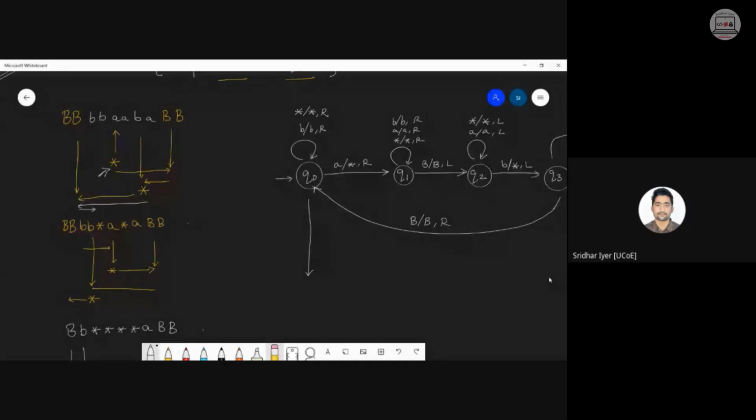Is it star star right or something else? Over here we are going to the right. But what exactly is happening? हम लोग blank तक गए, blank को blank रखा, we started moving to the right. So now we are moving to the right. But till which symbol we have to move? कहाँ तक जाना है?